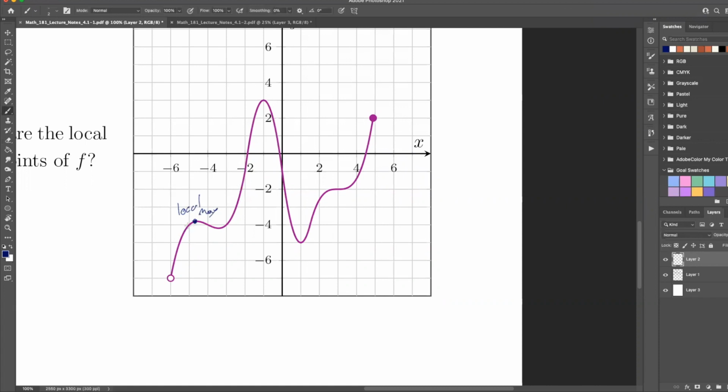And the reason is, even though I'm choosing a very small interval from here to here, basically intervals between -5 and -4, whatever this value is, I'm going to say that's a local max. So this point is a local max. And then here,